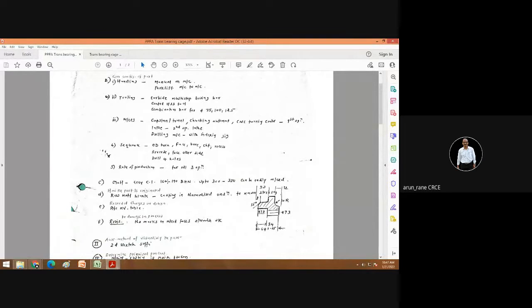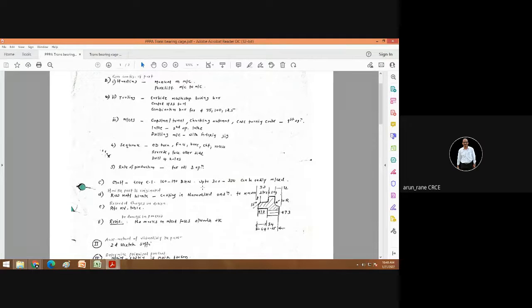Then rate of production. This is your own estimation, inference. And when we are doing the operation sheet, that is step number 10, in that you are calculating and comparing. Then what is the material? Material is grey cast iron, and hardness of grey cast iron in virgin state is 160 to 190 BHN.